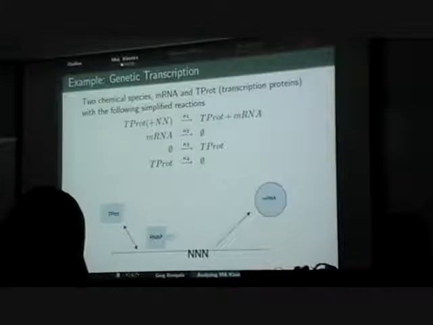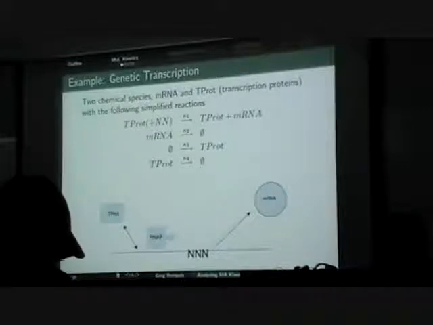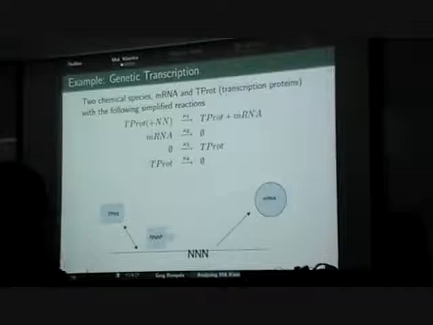The first reaction tells me that this protein is really a catalyst. It doesn't get consumed in this reaction, and it doesn't get created; it basically stays put. But because I'm following the law of mass action, the rate of this reaction will depend on how many of these T-prots I have available. The other important thing is that I only care about T-prots when they are on the genomic DNA, because that's where they can react with the polymerase. If they are not on the genomic DNA, I don't care about them. There might be very many of them somewhere out there, but they are not in the system, they cannot react. So I don't keep track of those. I only keep track of the ones which are on the